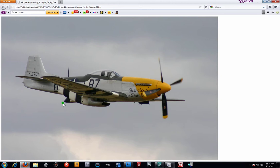Obviously, I'm not sure which model this one is. P-51 D or C, I'm not sure. Looks like they got something else that's attached, or extrudes out from the backside. But that's okay. But when you start modeling